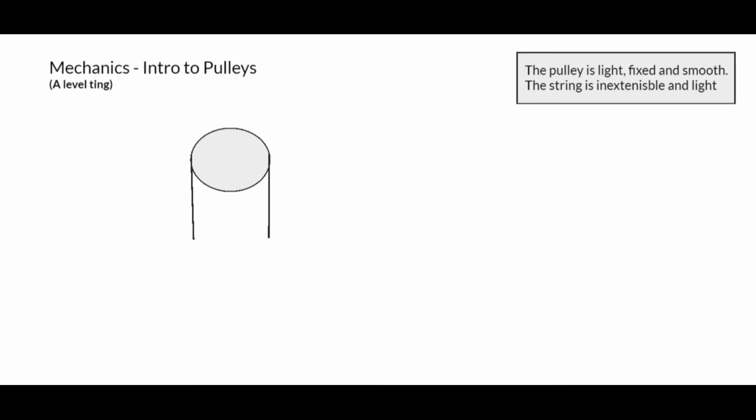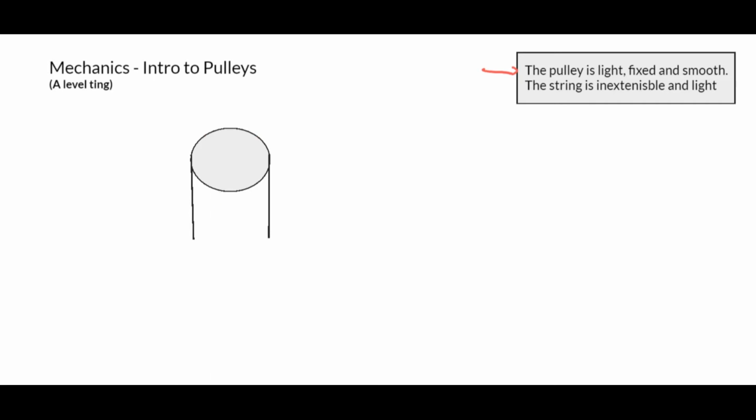Okay, a little something to get me started. So the question's telling me, obviously, there's no question yet. Let me just introduce you to a little terminology. As you can see on the right here, we've got the pulley is light. The pulley represents this thing here, this little ball thing. This is what we call the pulley. So it's telling me the pulley is light.